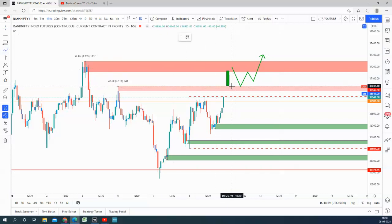Okay, and since it is an expiry, if the FIIs and institutions want to book their profits, they can make up a level, and we need to see how the market reacts in this zone. Okay, so the overall view for me is bullish up to this level, and to initiate further trades over this area, we need a strong closing over this area. Any 15 minute candle closing above this zone will be a strong buy, and for sure, tomorrow's first session will be on the upper side of this area, between 36,900 and 37,100. So after this initial up move,